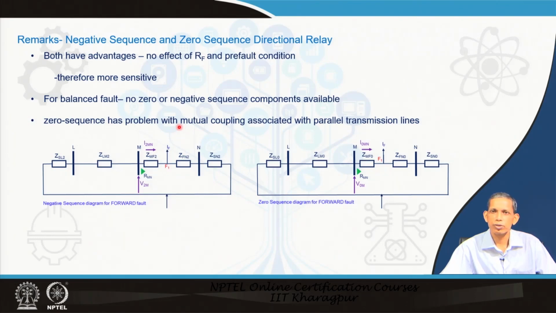So, it has a zero sequence mutual component issue, and that means that if you are going to apply it for such lines, then it may be disadvantageous. In that case, negative sequence can have an advantage. Negative sequence and positive sequence are not affected by the mutual component perspective. So we say from these two sequence diagrams, for the positive and negative, that they are not affected by the mutual component. That is the beauty of considering the negative sequence component.